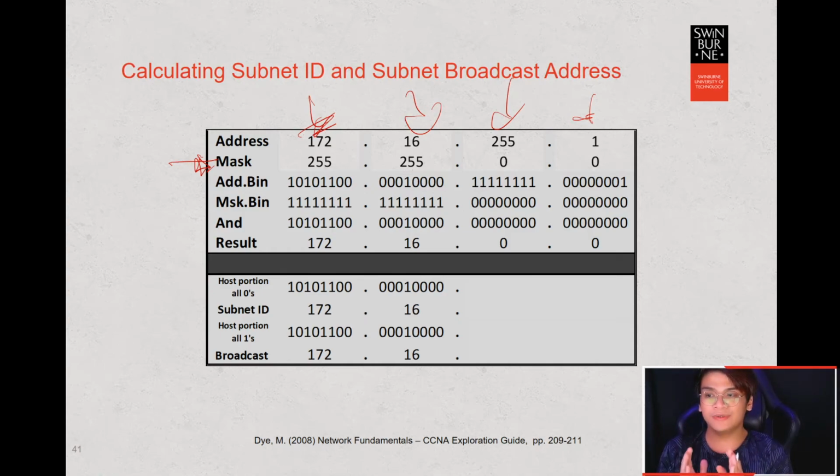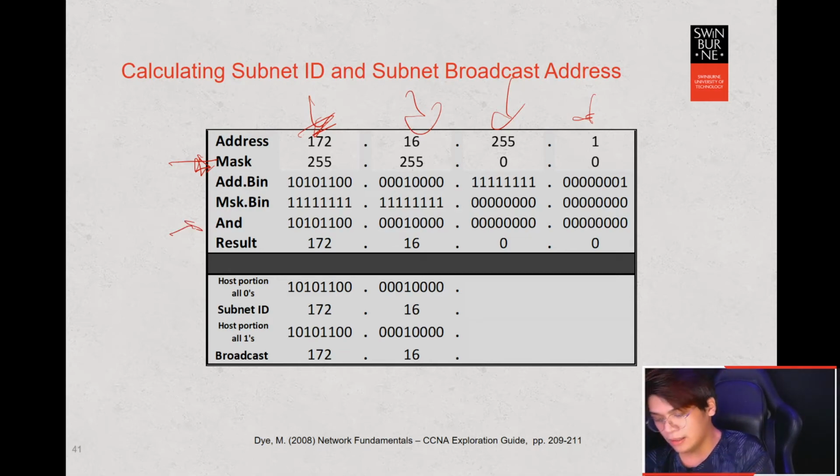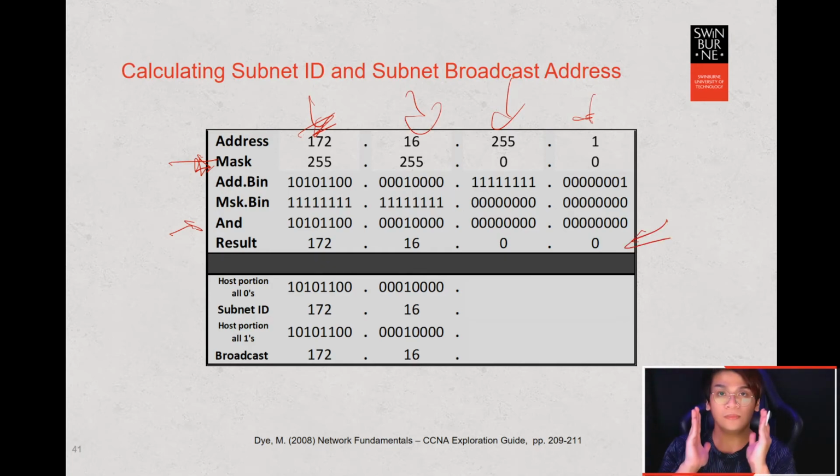We change the address into binary, and then we change the mask to binary, and then we do the ANDing method. That ANDing method will result in your network address, your subnet address, your subnet ID, or whatever you want to call it. Okay,